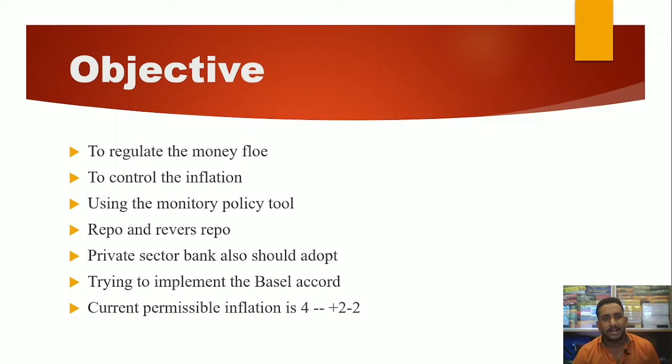So as per the norms, we are following Basel Accord 3, right? Its objective is maintaining the standard default inflation value of around 4. Plus or minus 2 acceleration of inflation is acceptable. But currently, the Basel Accord is going to increase the inflation rate because of accelerating activity in various economic fields. So we are trying to implement this and we are trying to control the current account deficit.